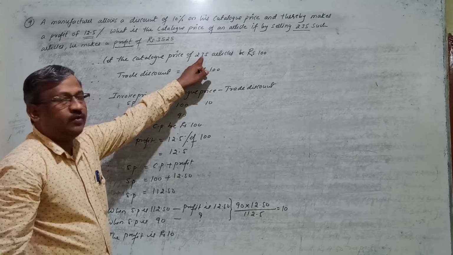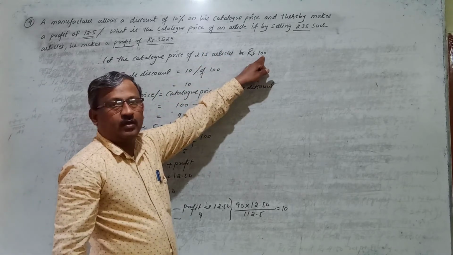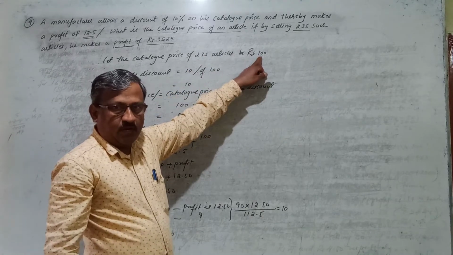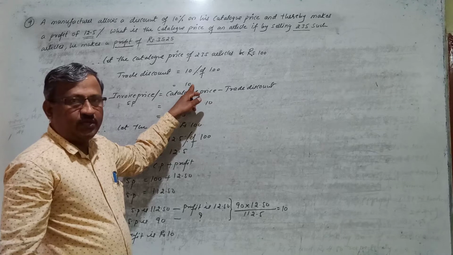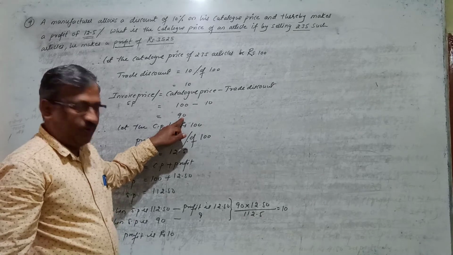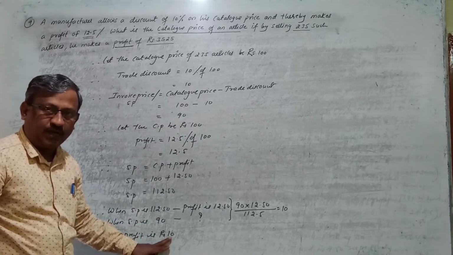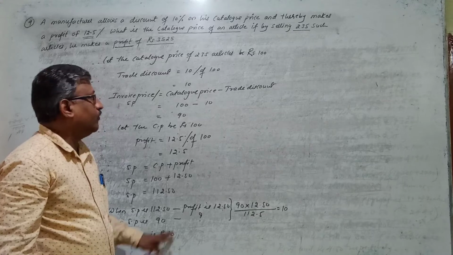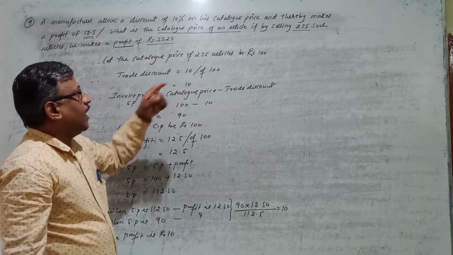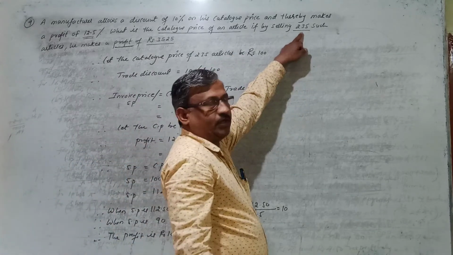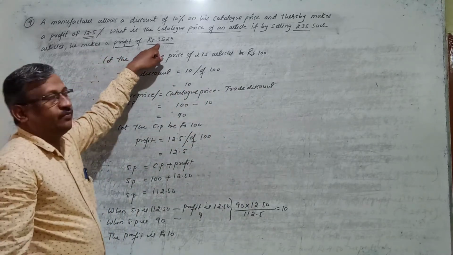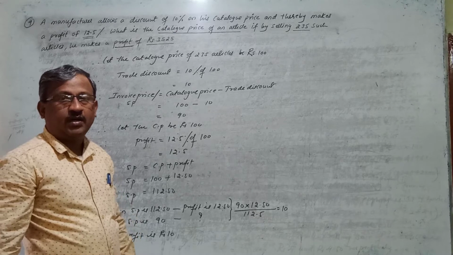when the catalog price of 235 articles is 100. Right? When we fix the price of 235 articles for sale at 100 rupees, and on 100 rupees when you allow 10% discount to your customer, and when you sell all 235 articles for 90 rupees, so how much profit you get? 10 rupees profit you get. Means when we get 10 rupees profit when the catalog price of 235 articles is 100. But what I want, when the actual profit of 235 articles is rupees how much here? 3,525. So I want what is the catalog price.